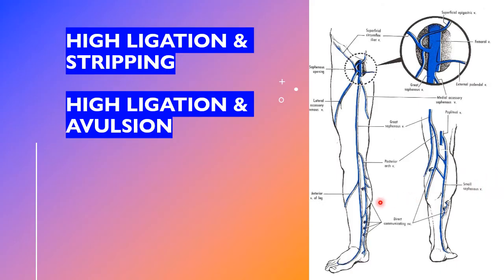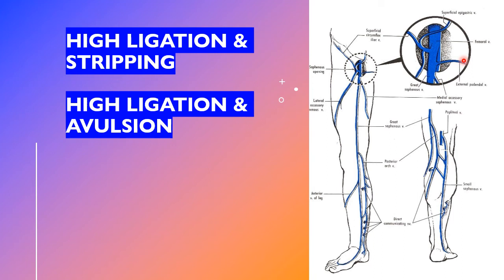Okay, now I'll briefly tell you what high ligation and stripping is all about. This is the leg of the patient, showing you the superficial venous system and the SF junction here. So make an incision in the groin to expose the saphenofemoral junction as shown here, and identify the tributaries of